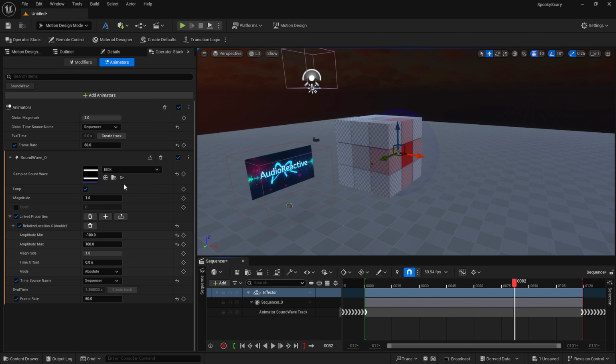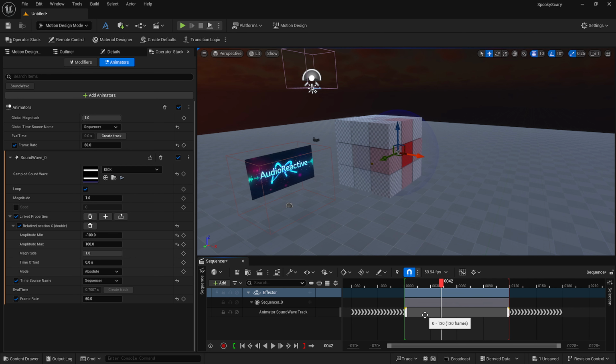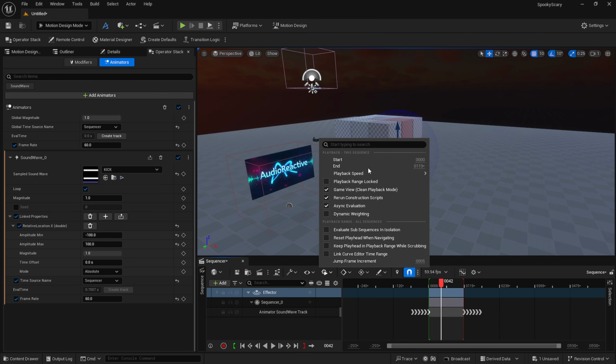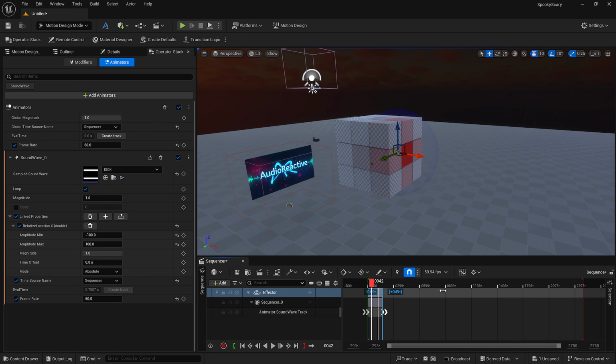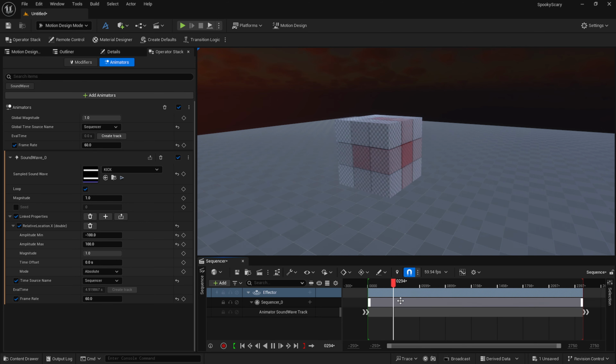And since this sample did have some dead space at the beginning, we're not seeing anything right away. So I'm going to control middle mouse wheel roll down to shrink this out. Now I want to expand my timeline. Let's just give it something big like 2500 frames. And I'm going to grab this and stretch it to the extent. Now let's see, there we go. So here's the dead space at the beginning of the sample. You can see when the sound wave starts to trigger on. Now the effector is moving back and forth to the kick drum.